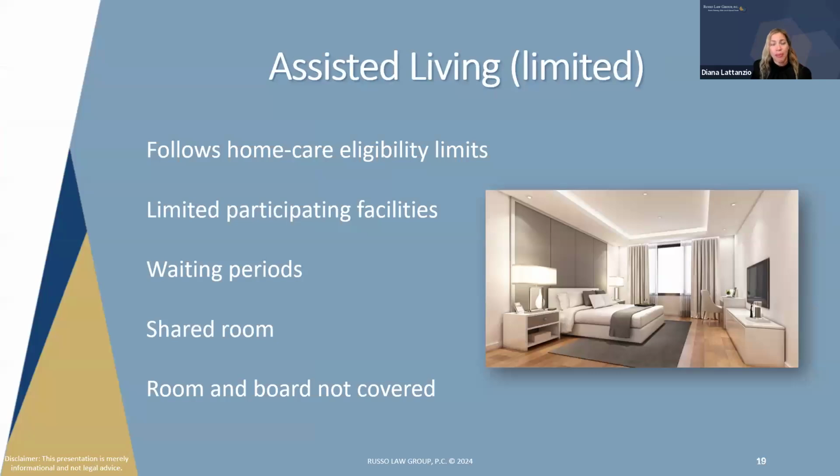The second program under the Medicaid umbrella for long-term care is an assisted living facility program. I had asked Ashley to try to get a really nice picture for this of hotel style living, and she did a great job in doing that. And that's how I like to refer to this program. This is more like hotel style living. These facilities are beautiful. There's one I actually have an eye on myself that I hope to be in one day, if possible. The problem with these facilities is that they're just really expensive.